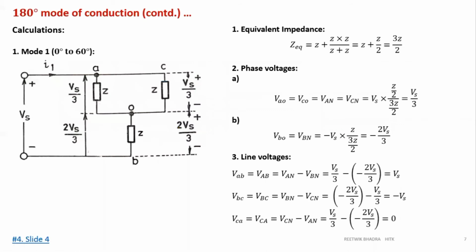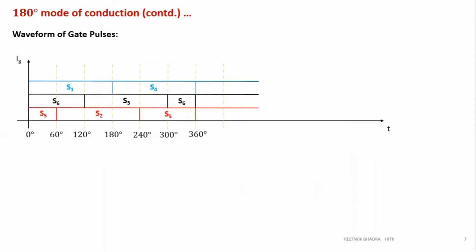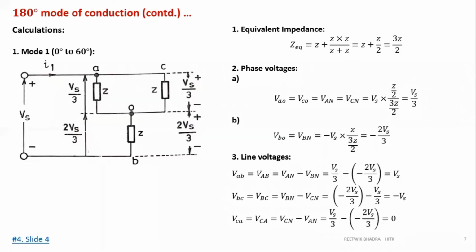Next, we'll study modes of operation. Now we have divided into 6 modes, right? 0 to 60, 60 to 120, and so on. We'll have 6 modes, so each mode of operation we have to study. I have done a classification of 4 modes. The 5th and 6th modes I have directly written. That is self-study for you.